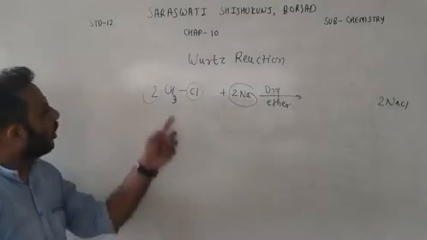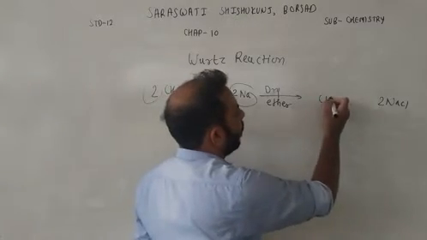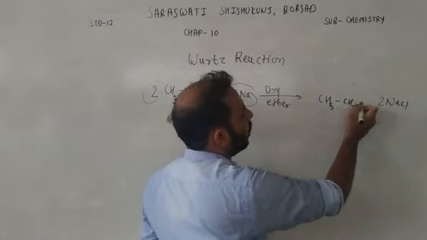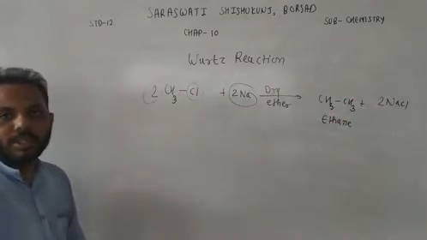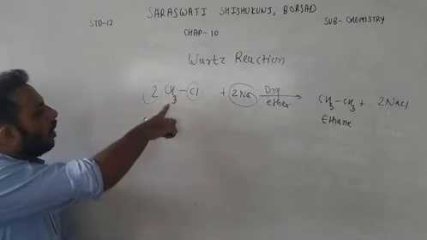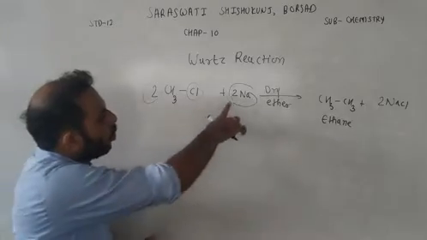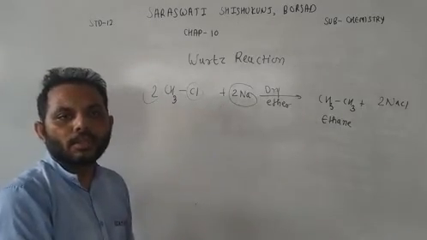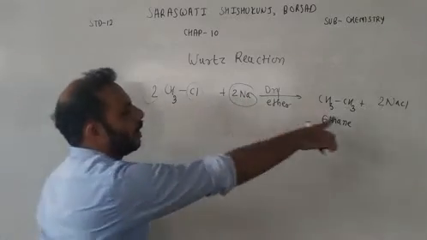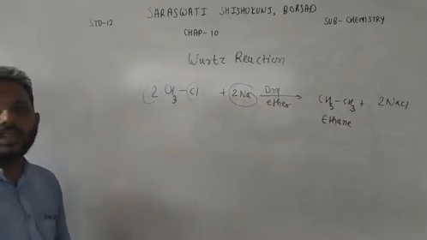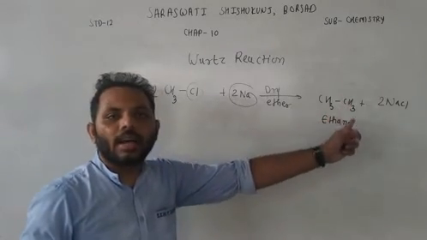Now what is left? We have got 2 times of ethyl, so CH3CH2CH2CH3, we have got butane. So this is Wurtz reaction. 2 moles of haloalkane react with 2 moles of sodium or 2 moles of metal in presence of dry ether. 2 sodium will react with 2 chlorine, it will form 2 NaCl. Now what is left? The alkyl groups are left, so we will get alkane.